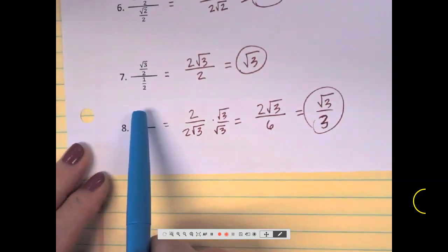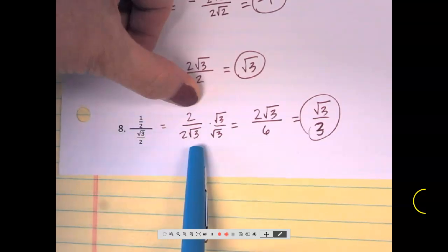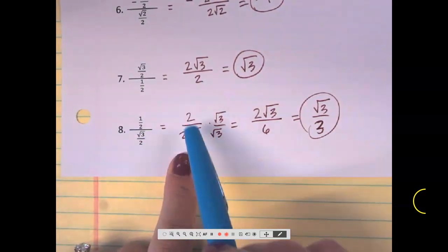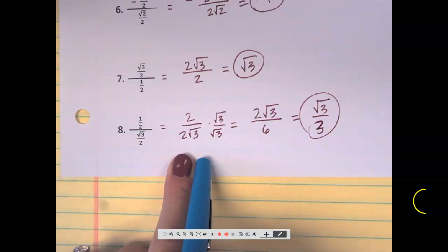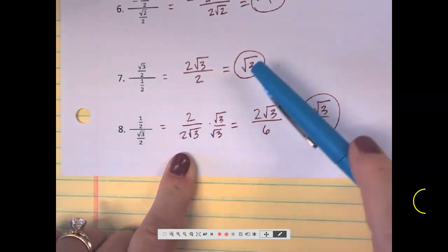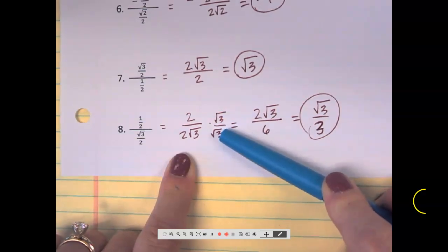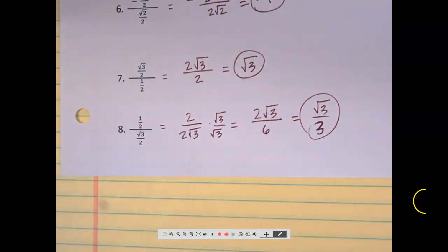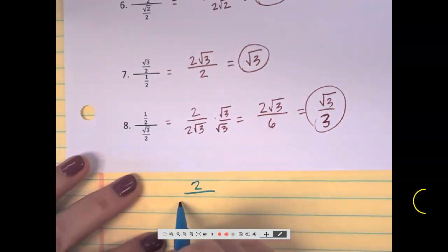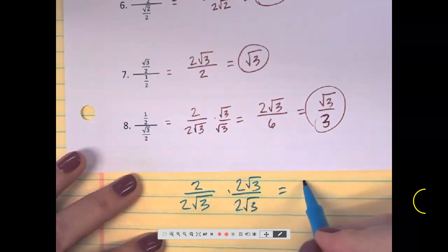Rationalizing it. Okay, so I did very top times very bottom and I got 2. And then the middle 2 multiplied gave me 2 over square root of 3. How many of you went ahead and canceled the 2's? I know I saw some people doing that. Okay, so you could go ahead and cancel the 2's there. It might be a little bit simpler. But all I have to multiply by there is the square root of 3. Did you multiply by 2 square root of 3? It'll work also. So if I did that, 2 over 2 square root of 3, 2 square root of 3 will give me 4 square roots of 3